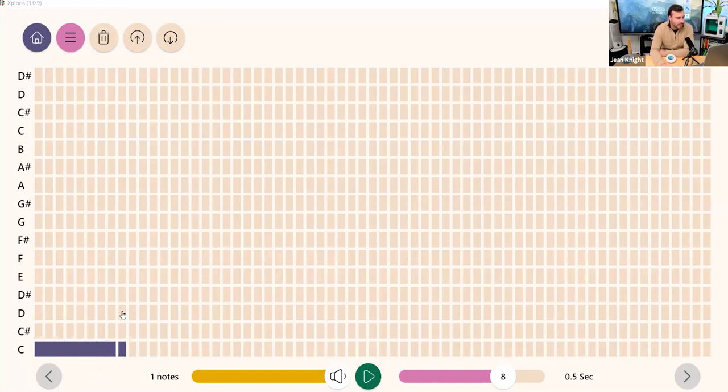I'll continue my scale here by drawing in a D, an E, and an F, and I'll just stop with G here. So you can see each tone is a slightly different color, which definitely helps for visual recognition of those patterns. And also you are able to see the length of the tones here. Now, if I press play,